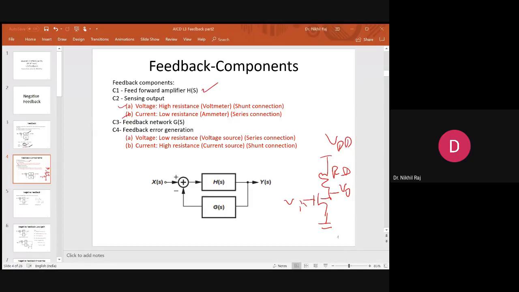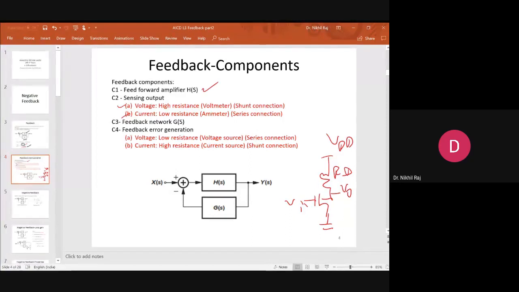Where we want to measure the voltage, we connect in parallel. So parallel means what? In parallel, the measuring device has infinite resistance. Simply, if we are measuring current, we are connecting in series, so we need a low resistance path. Now why are these two important? Whenever we do circuit analysis and we are sensing voltage or current, we must ensure that it is giving me exact information or not.